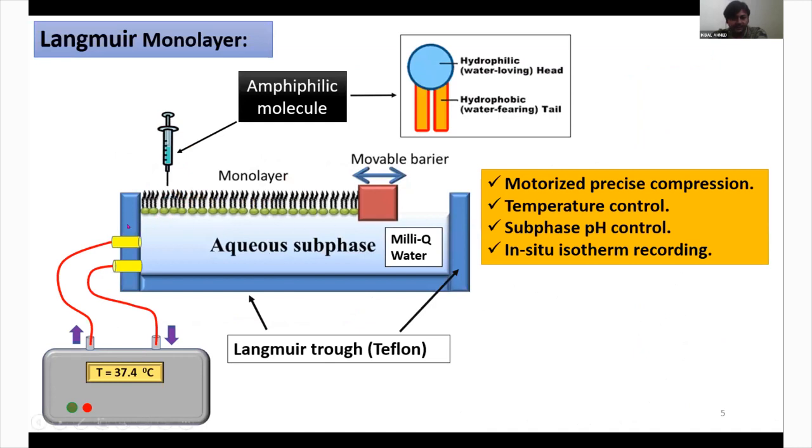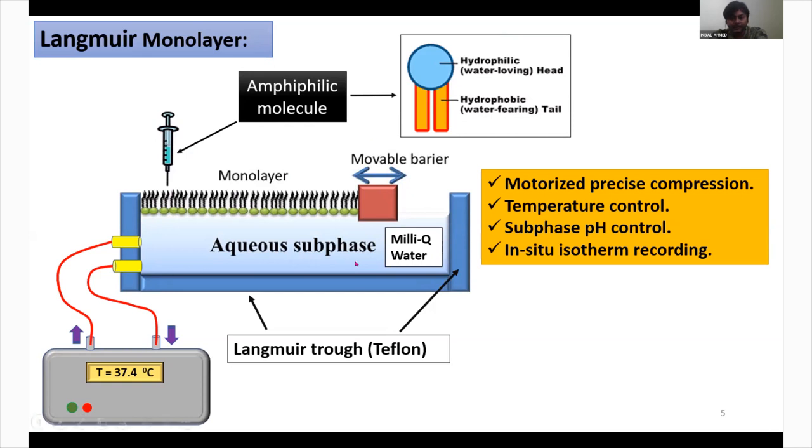Basically the blue portion is made of Teflon. This is what we call the Langmuir-Blodgett thin film deposition system. In a very controlled way, we spread the amphiphilic molecules from the solution with the help of a syringe onto this water surface. So the molecules stay like this, as you can see on the screen. The hydrophilic heads get attached with the water,